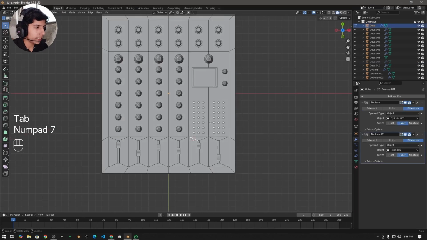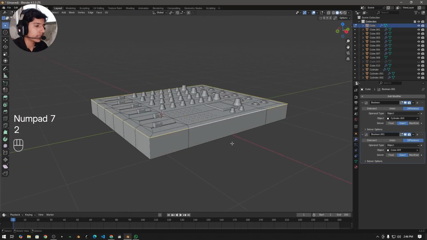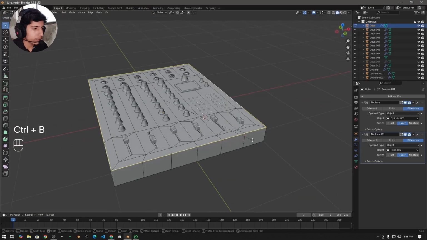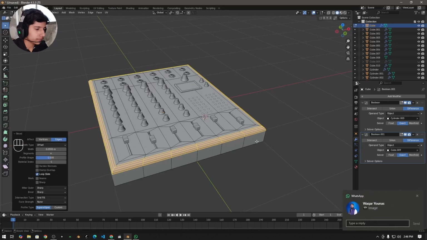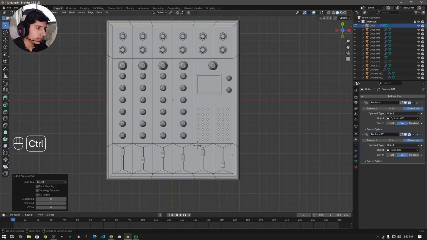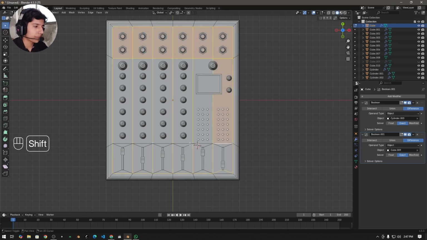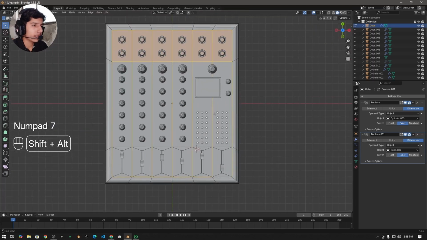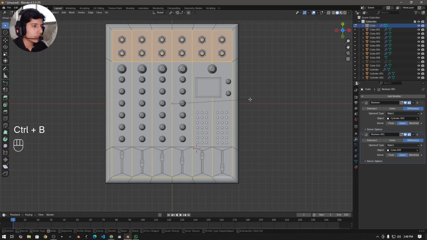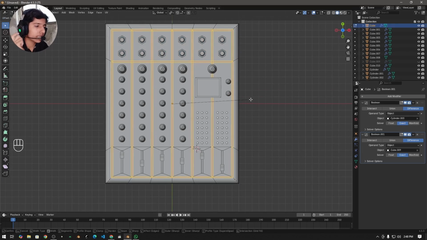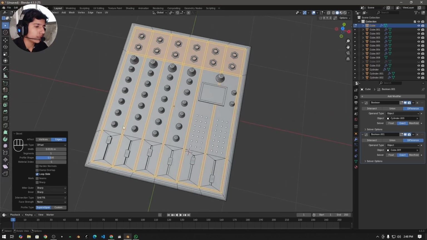Now I'm going into the edit mode and I'm going to select these edges and I'm going to bevel it something like this. Now I'm going to select these edges and then I'm going to bevel these edges. So press Ctrl plus B on your keyboard to bevel them. Make sure you guys are adding only one segment, more than this will be too much. And then come back to object mode,